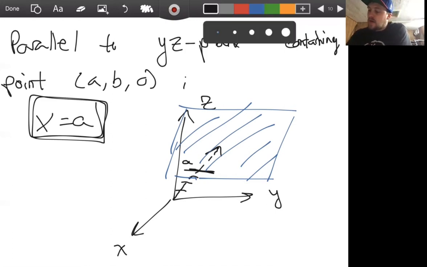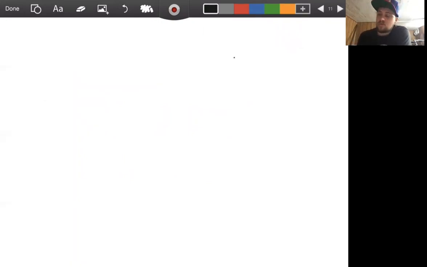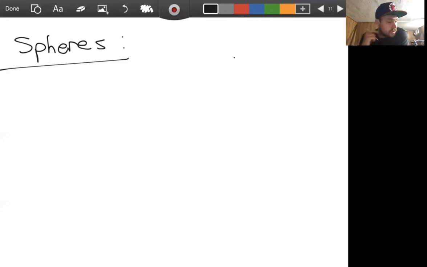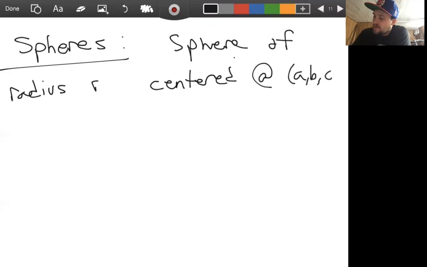So there's a first set of examples of surfaces in three-dimensional space. There's another really important one. Some would argue maybe the most important, and that's a sphere. Okay, so let's see how we can represent a sphere using an equation. A sphere of radius r, centered at the point ABC, is expressed algebraically